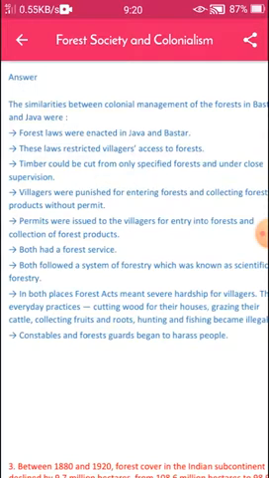Fourth point, villagers were punished for entering forests and collecting forest products without a permit.